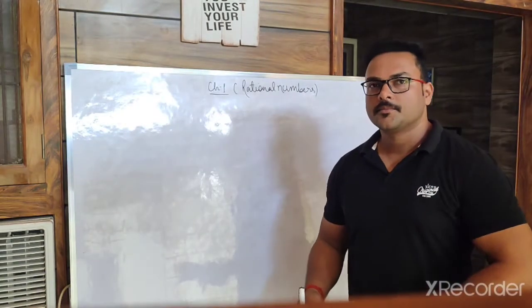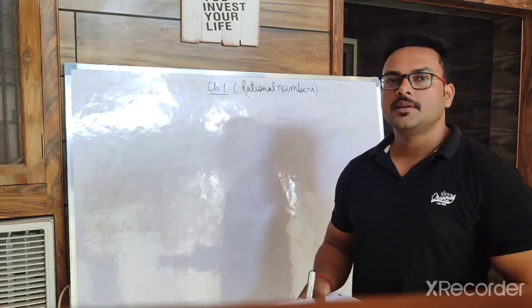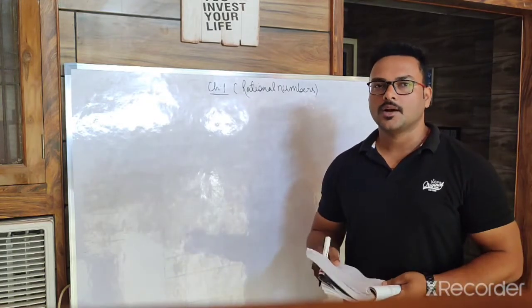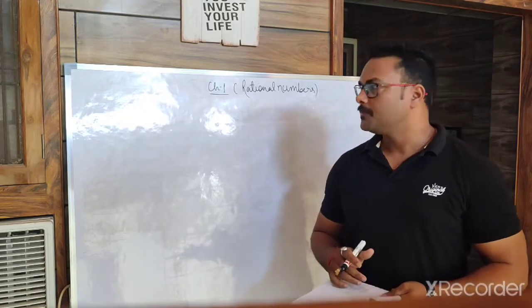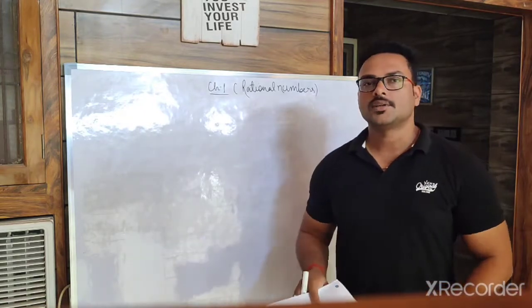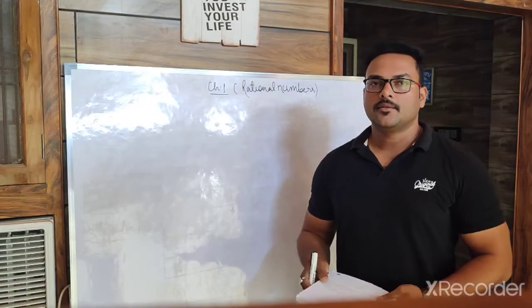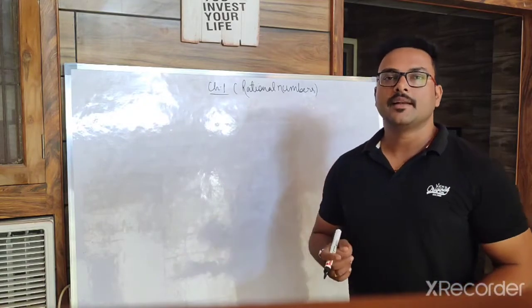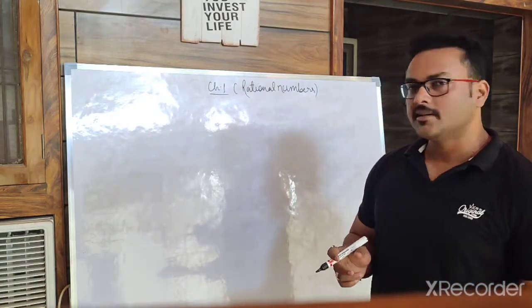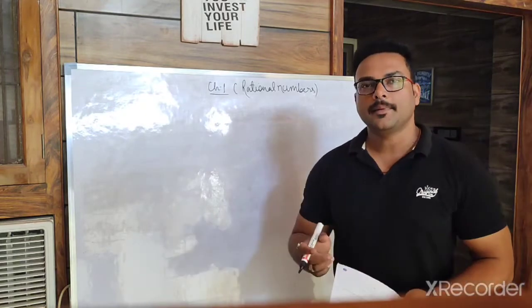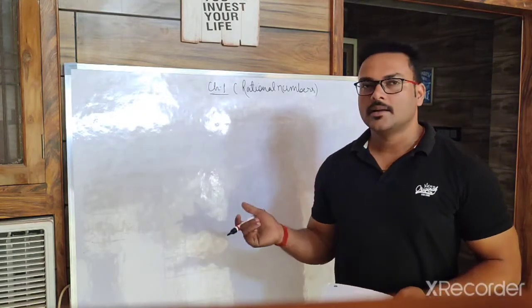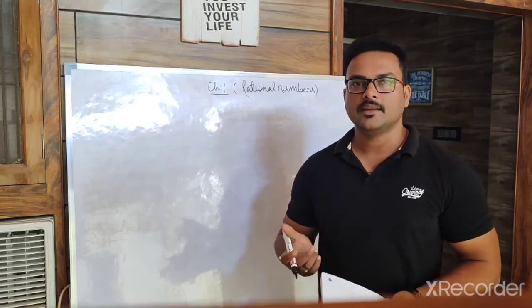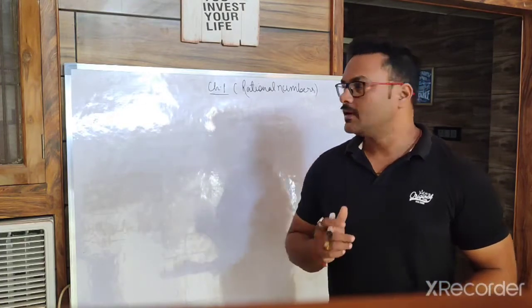Hello dear students. In our previous videos we have learned how to add, subtract, multiply and divide a rational number. In this video we are going to study how to find rational numbers between two given rational numbers. So let us discuss with an example. There are many methods given in the book, but I will tell you the easiest one which you can adopt and follow. Very easily you can solve the exercises given in the book.